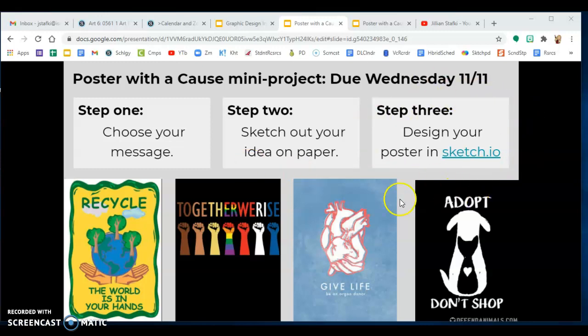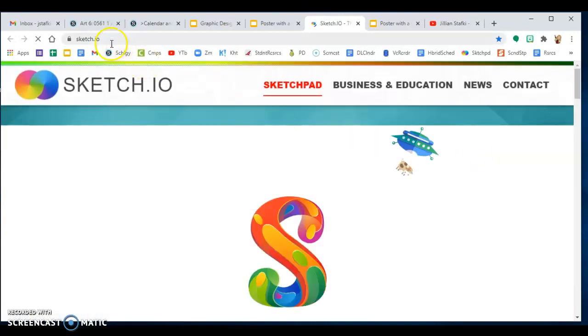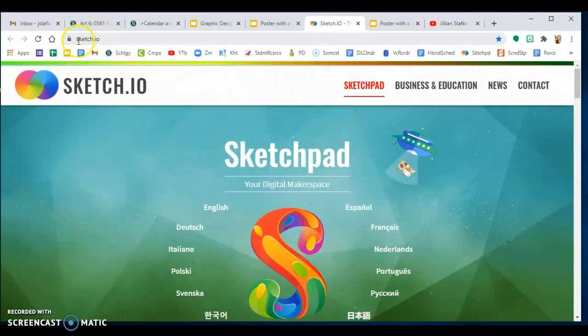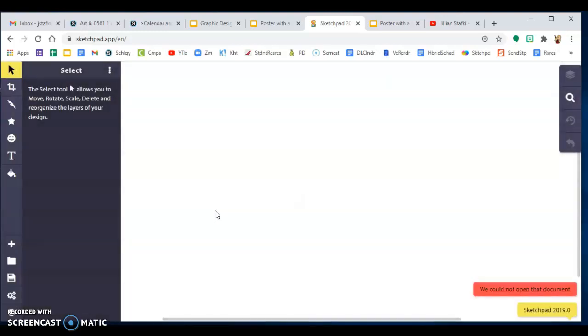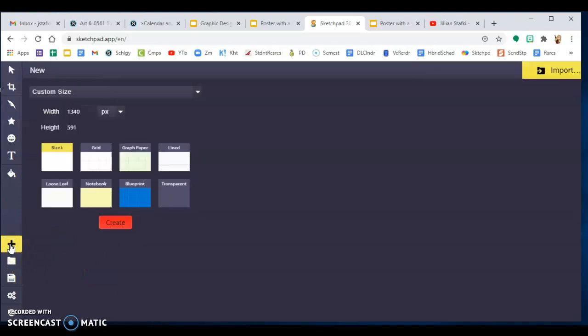Step 3 then is to design that poster using sketch.io. I can click on this link and it'll bring me right to the website, or you can type it in up here. Great. Click on your language, let it load, and it might bring up an old project that you have. For me it didn't, so I'm just going to click on New, this little plus sign in the left corner,